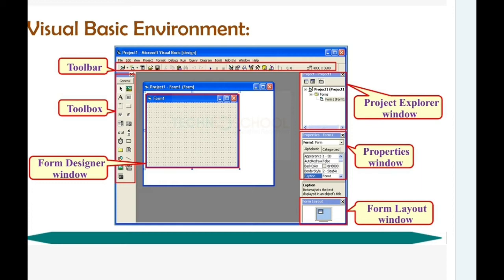The project explorer window shows the coding part and the forms part, and what forms and modules you have in your Visual Basic project. It shows the list of all the components you have in that project. When you are developing software, you can use the project explorer window to move around the VB primary work area and switch over to other options, the coding part or the screen part. So this is the project explorer window.